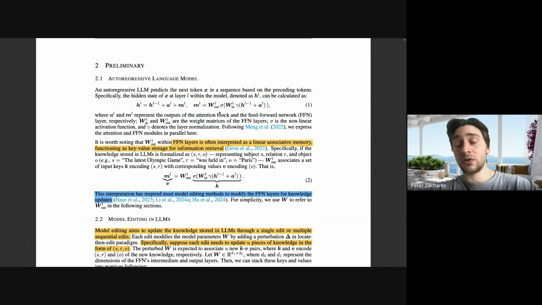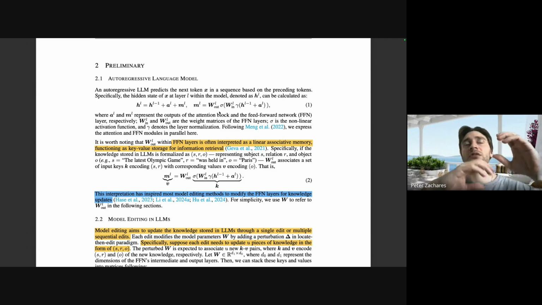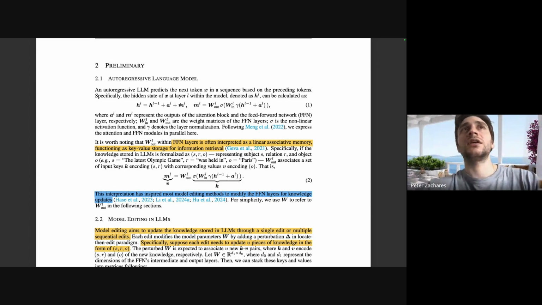For those who don't know, language models are composed of feed-forward layers, which are like a normal neural network, like an MLP, where you have linear layers with an activation function. Usually there's a normalization function, and then you have attention layers, and usually they're stacked on top of each other. So you calculate your attention, you have the output of your attention layer, and then you have your linear layer. And what you see here is that the output of the linear layer is M, and the output of the attention layer is A, and they add both of these to the hidden representation to calculate the next one.